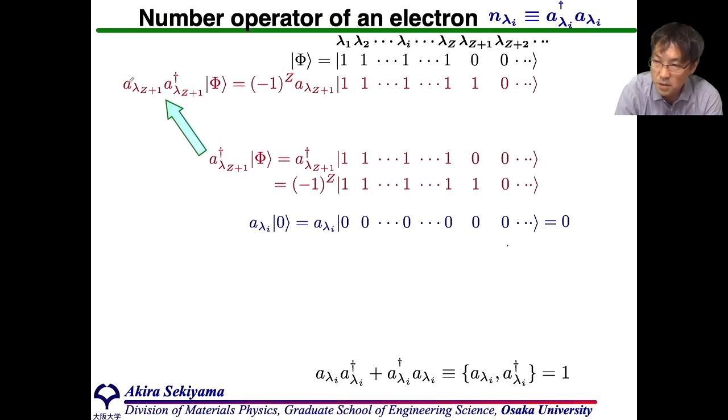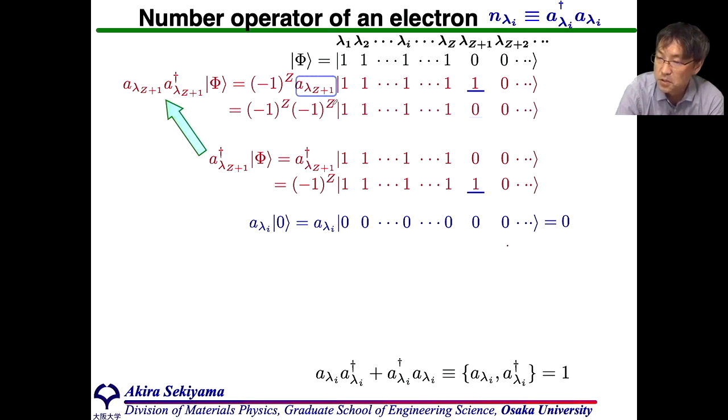And then we remove this state. Then in order to reach this state for this annihilation operator, we need to travel z times for the occupied electron, and therefore we get this formula, and finally we get this result. We consider its conjugate operation